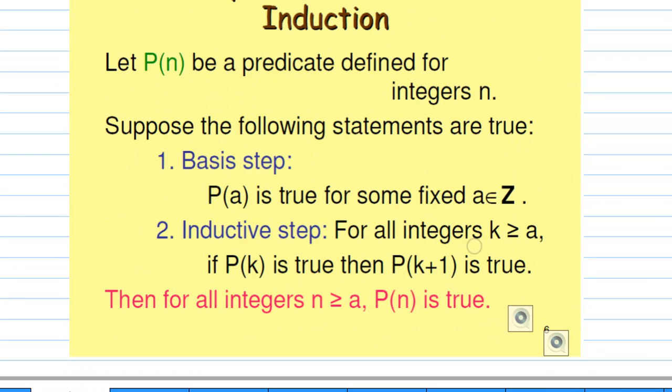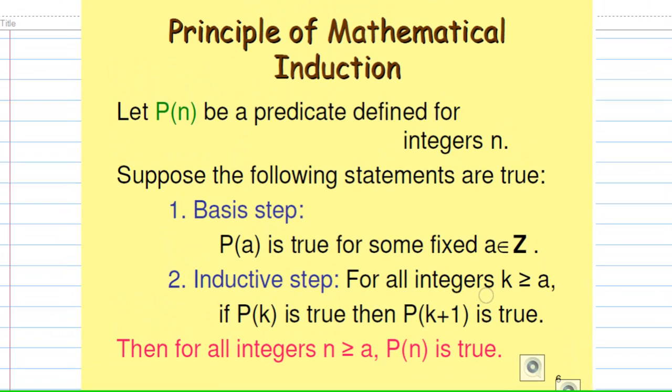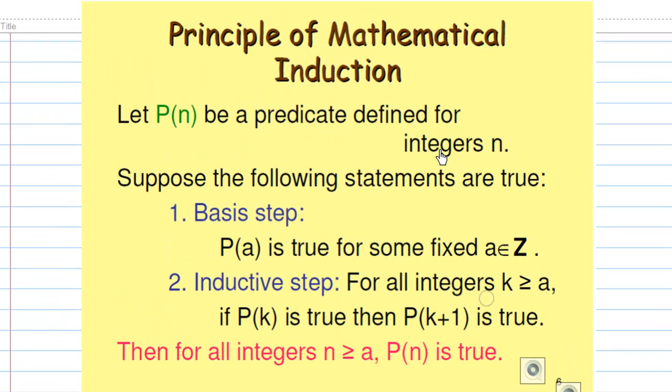The principle of mathematical induction says that if Pn is a predicate defined for integers n, suppose the following statements are true. Basic step: Pa is true for some fixed a belonging to the integers. The inductive step: for all integers k greater than or equal to a, if Pk is true, then Pk plus 1 is true. The conclusion is, for all integers n greater than or equal to a, P of n is true. Now let's see how we apply